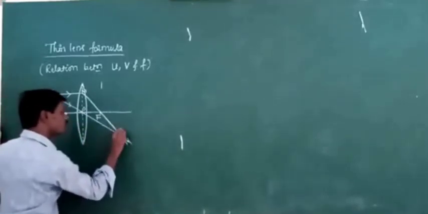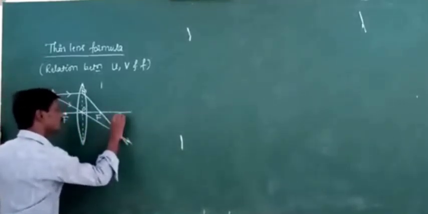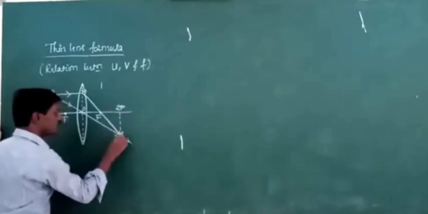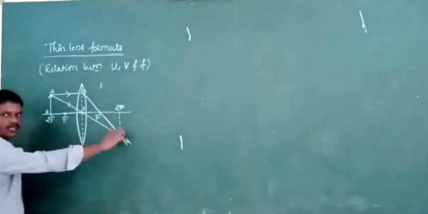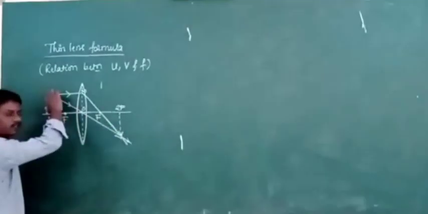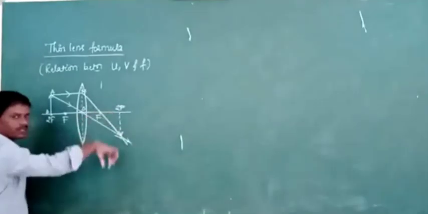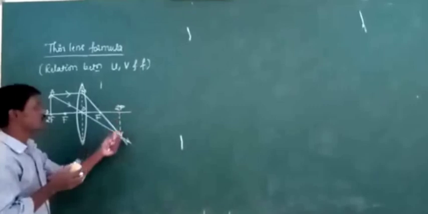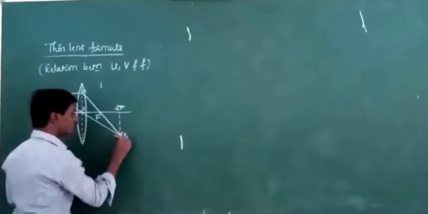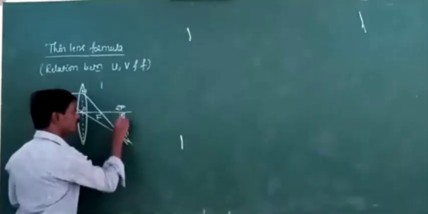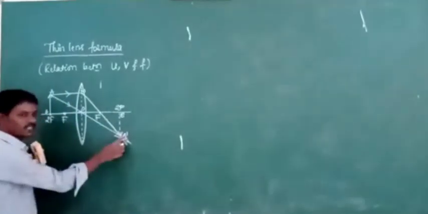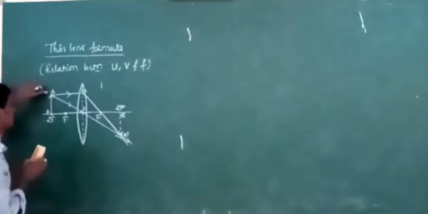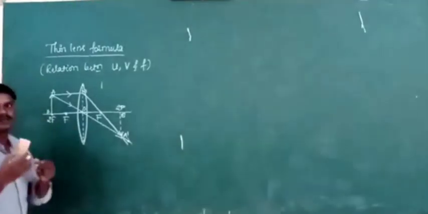Where is its image formed? Its image is formed at 2F again. Already we discussed that. Here the head of the image is inverted. The head of the object is upside, but the head of the image is downside. Now it is a real and inverted image, because we can obtain this image on the screen. Now let us take it as A dash and B dash. A dash is the head of the image and B dash is the base of the image. Here A is the head of the object and B is the base of the object.